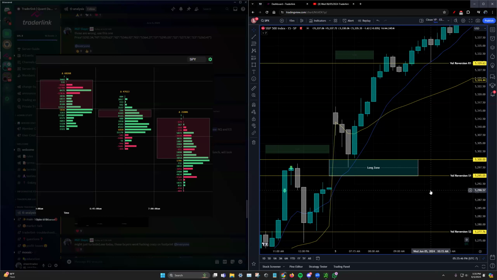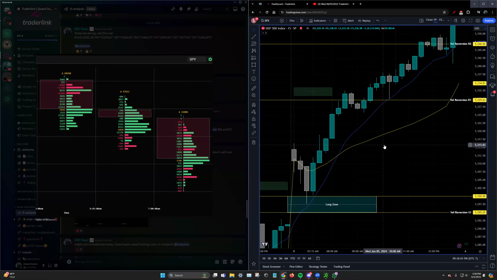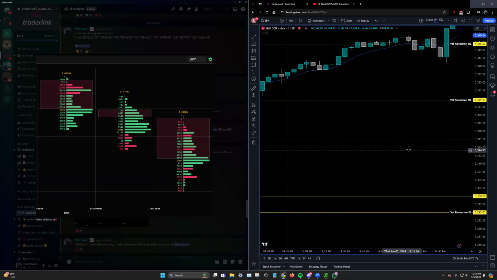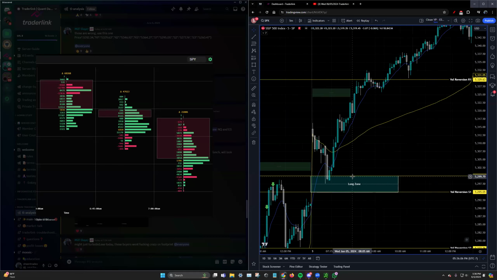And why is it the long zone on top of that? It's because we had the vol reversion at 95.5 or 95.05, right? So just in case it draws down a little bit lower, that's when I like to use the zone rather than a specific hard level. And it worked out very well, right? If you look at the chart, there's zero drawdown if you had taken 5,300 longs,